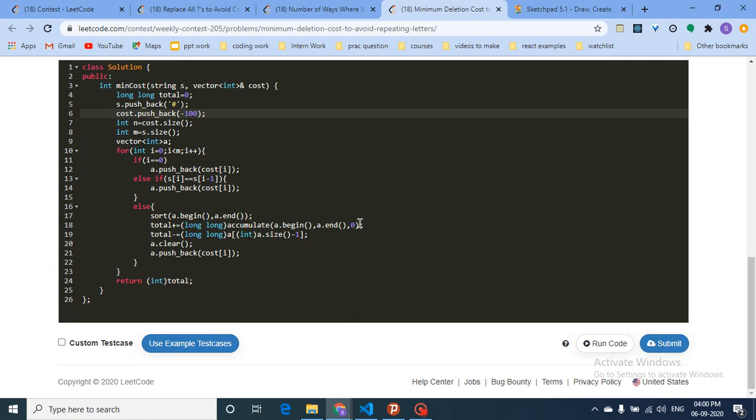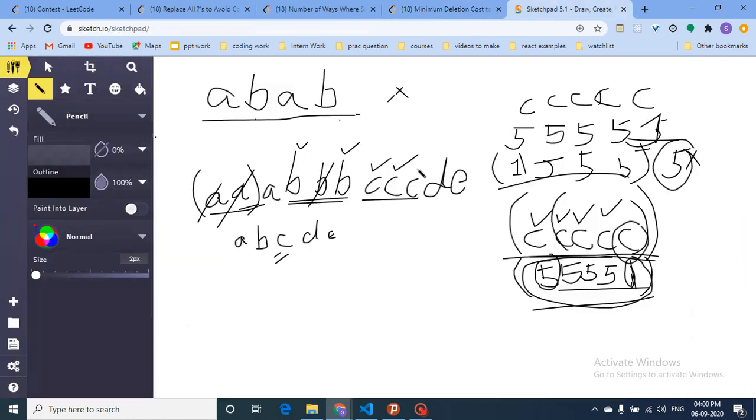So let's assume that you have this cost for all the 5 C's. You will sort them, then add all of them, because if you add all the cost you will delete all the characters, but you have to not take the last character, take all the costs except the last one. So that's what I'm doing.